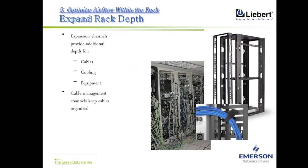One more way of optimizing the airflow within the racks is to expand the rack depth. We can provide an expansion channel. We can use it for cable, for cooling, and for the equipment. Those expansion channels are basically utilized for your cable dressing. You can see on the left side there's a mesh of cable, which we can straighten when we use this